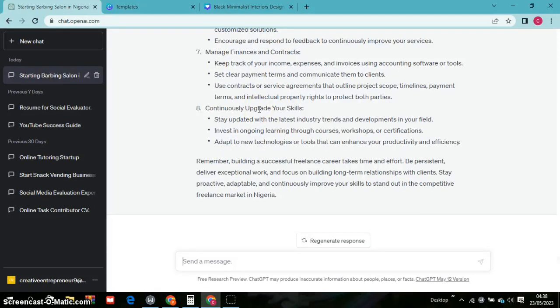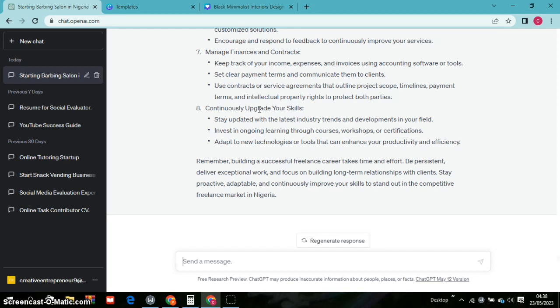So finally, if you are thinking of using this AI tool to generate ideas for your business, any business you are doing, this AI tool is going to help you. Also, for those that have watched my ebook video, you can easily use this AI tool to generate an ebook for yourself that is going to become your personal intellectual property. So this AI model is so good that it can do anything you ask it to do. So take advantage of this, and I think this is going to help you through.